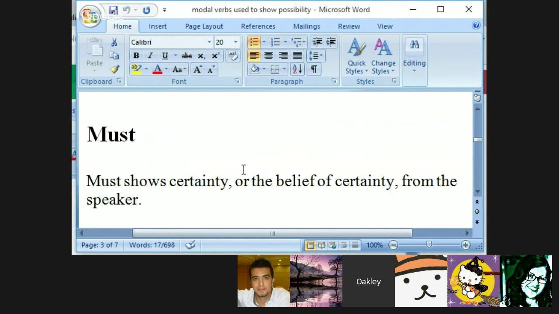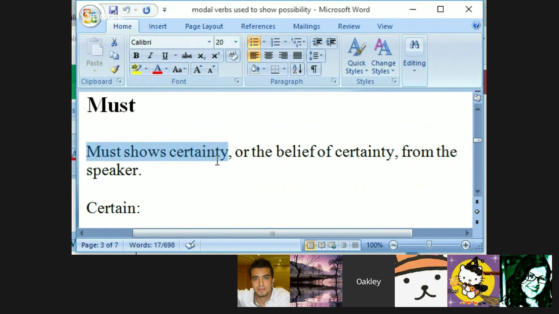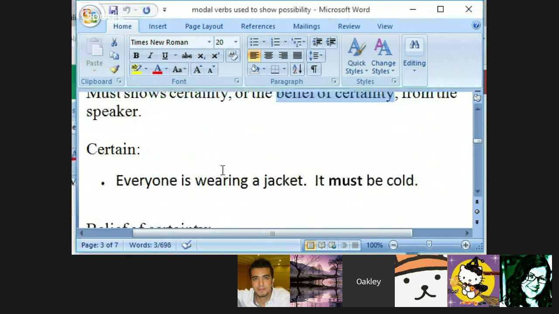Moving on to must. Must shows certainty, or, again, as so often happens in English, the speaker believes in the certainty. If the speaker's crazy, it doesn't mean he's using must incorrectly. It just means he's crazy, and he believes it. Aliens must be living next door. My neighbors are so weird. Now, maybe there are no space aliens living next door, but I'm sure of it, and I'm the speaker. And gosh darn it, since I believe it, it's okay for me to use must.